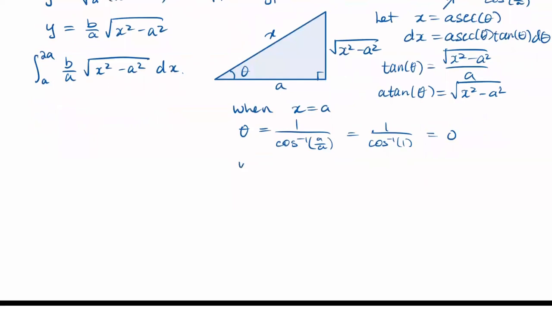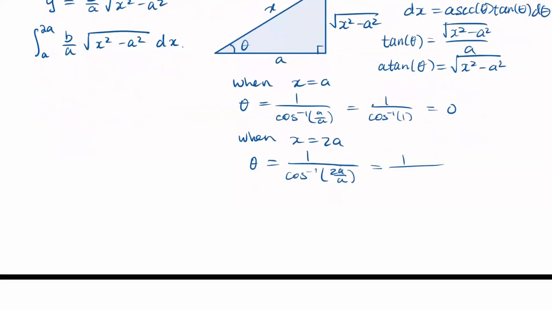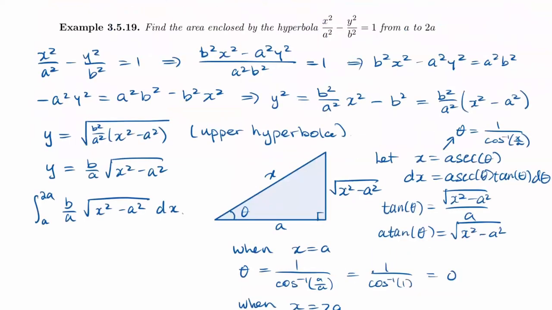And similarly, when x is equal to 2a, theta is going to be 1 divided by cos inverse of 2a divided by a. So that means cos inverse of 2 then. Okay, that is a problem